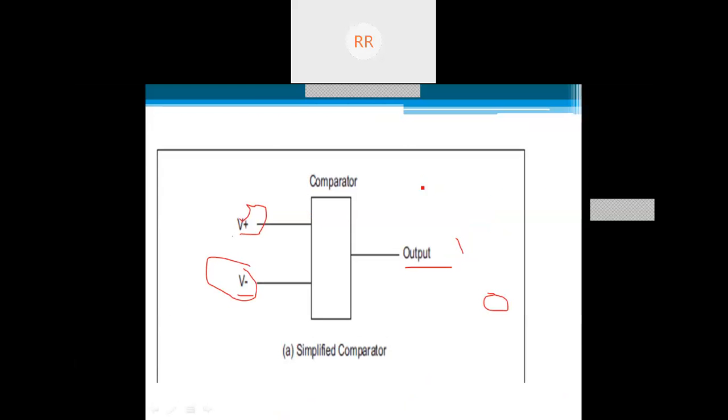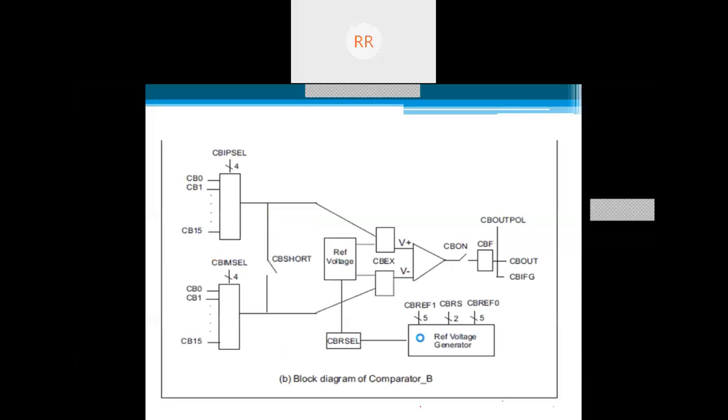Next, the comparator generalized block diagram. Here we have a simplified comparator with a V plus signal and a V minus signal, and the output will be either 0 or 1 depending upon the reference voltage comparison. As we saw, the comparator input lines CB0 to CB15 take two inputs, V plus and V minus.